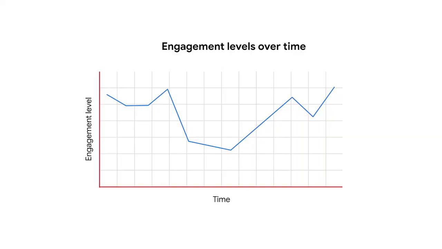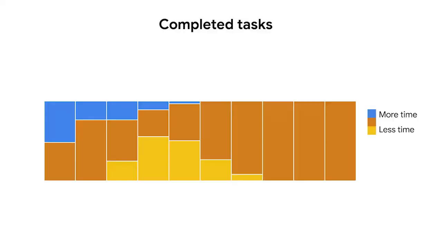If you were to design a data visualization of what you've learned in this program, what might it look like? Would you plot your engagement level over time on a line graph? Or would you create a heat map showing the tasks you completed with different colors representing the tasks that took the least and most time? No matter what visualization you choose, you've learned the skills you need to create an effective graphic or visualization that